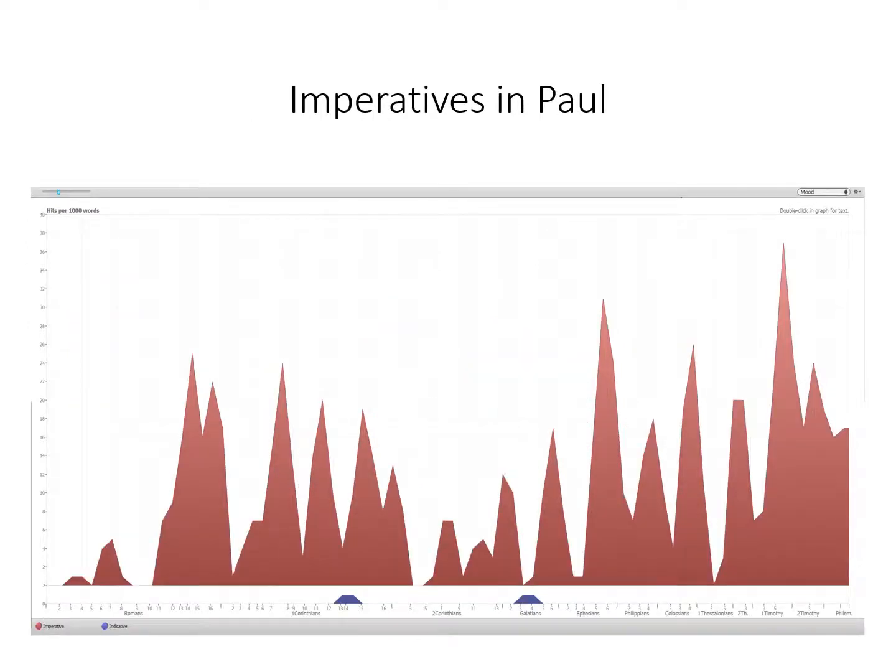you. Imperatives in Paul. When you're preaching through or doing a Bible study, it's helpful to know where various parts of speech are, and notice that the imperatives often surface at the end of letters. So here's Romans, and here it's the latter portion of Romans that has the commands. When we think about Ephesians, we see that same pattern develop. Here's the latter part of Ephesians. Colossians, exactly the same.